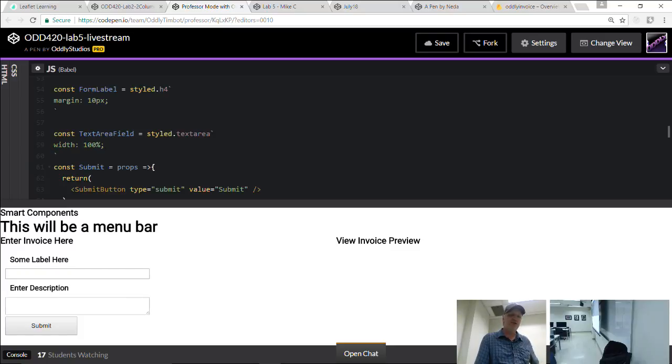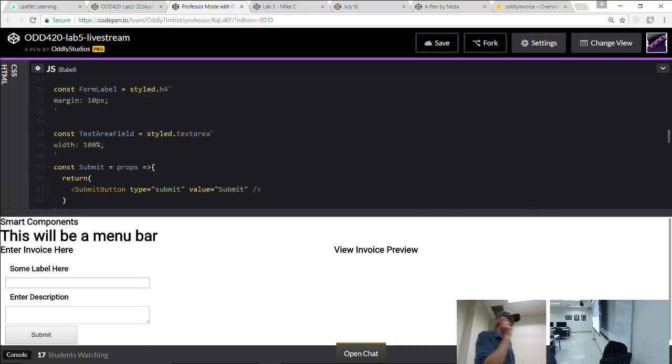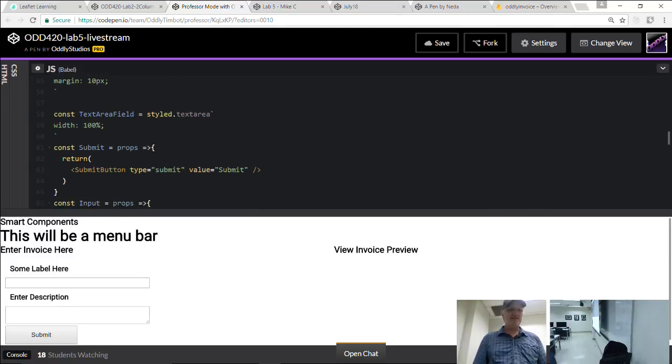The next thing I want to do is start detecting the user interaction, right? When the person clicks inside of here and they start typing, I'm going to need to know about that, because eventually I want to take that and send it to Firebase. Okay? So step by step, let's see if we can notice when this form is changing. So let's go back to our smart component, because he's the one who has memory, right? So we'll know it's changed if his memory changes. Makes sense, right?